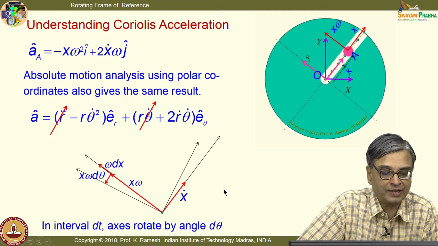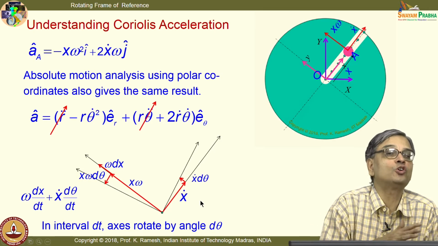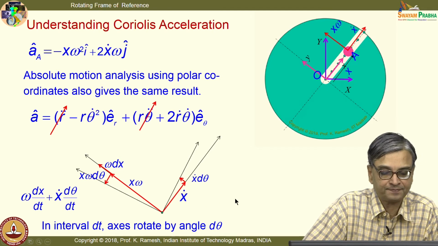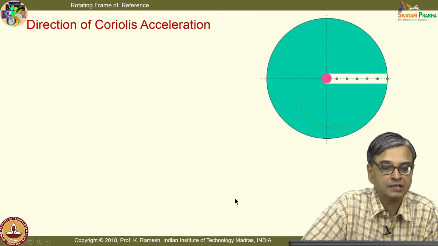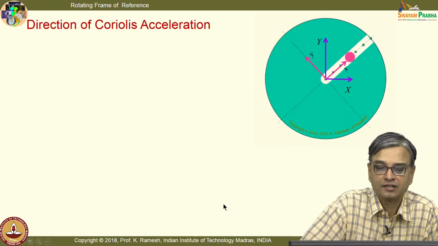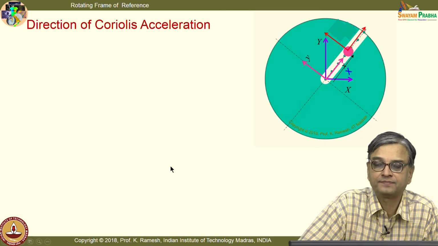So, whether I do it with the rotating frame of reference or do an absolute motion analysis, there is absolutely no change as far as the acceleration of the particle. And what is the direction of Coriolis acceleration? We will also summarize for the earlier problems as well. So, we have these noted down,